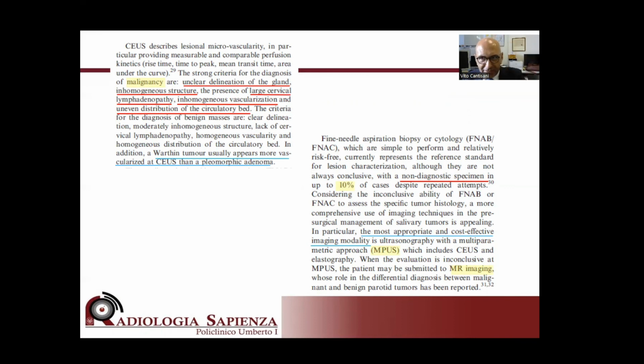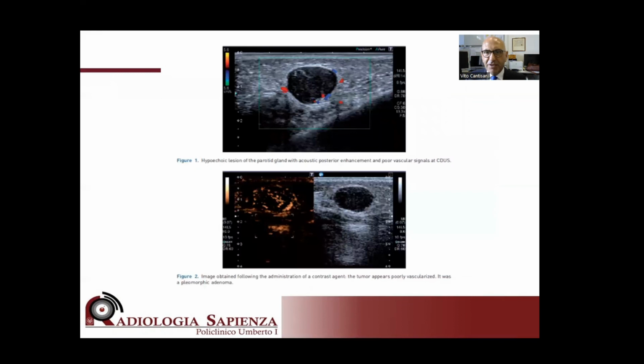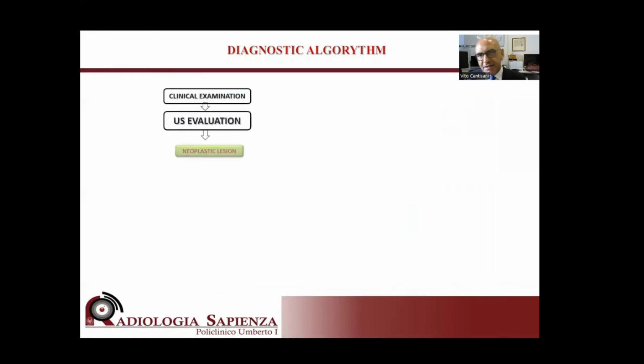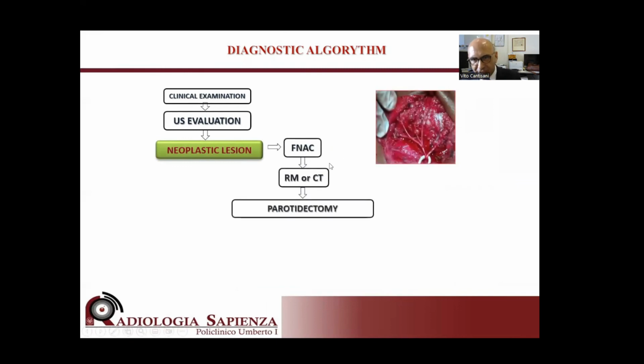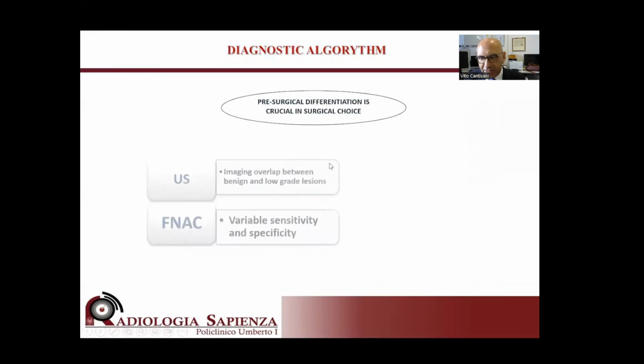If you put together these features, you obtain the multi-parametric evaluation. Here is a typical example with a not highly vascularized lesion, and this was a pleomorphic adenoma. This is the diagnostic algorithm, and what we really want is to reduce fine needle aspiration and combine multi-parametric